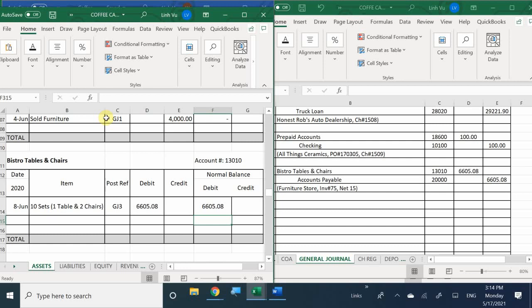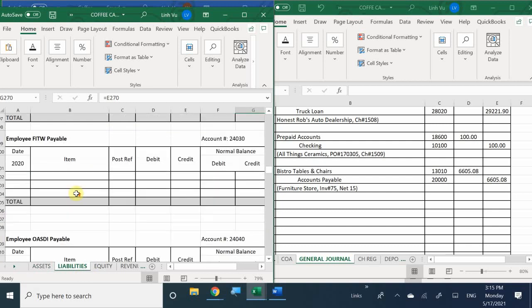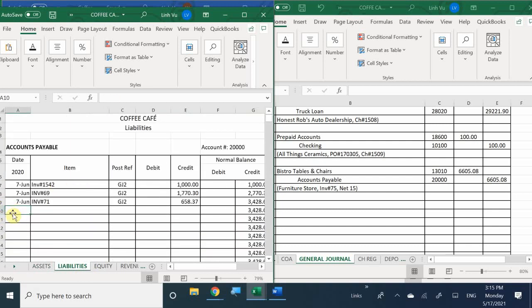And here we also have to recognize that we received a bill and we're not paying it yet. So in this case, I have a liability. All right, top of the page of the liabilities. Again, that should be page 18 or even 19. And today is the 8th. And once again, you could choose what you want to place here. I'm just going to simply put the invoice number 75 because I could pull up the invoice 75 at any given time and I'd be able to recognize that